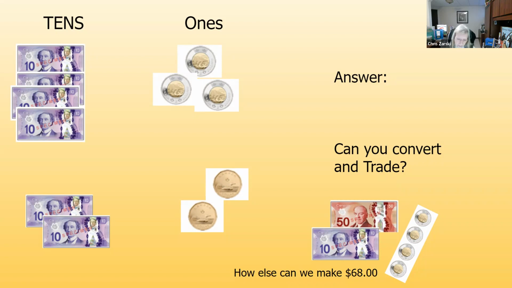So what if we didn't bring out the columns right off the bat? Again, I'm not saying don't do them. I'm just saying, what if we just said, instead of drawing a line down here, we just said, here's some 10s and here's some 1s. And that I can see in money. I can see the 1s. These could be 1s. There's 2 $1 bills in each, or 2 $1 coins in each one of those. The 10s, well, that's an easy one. I have a $10 bill. I can see it. I can see these are 10s.